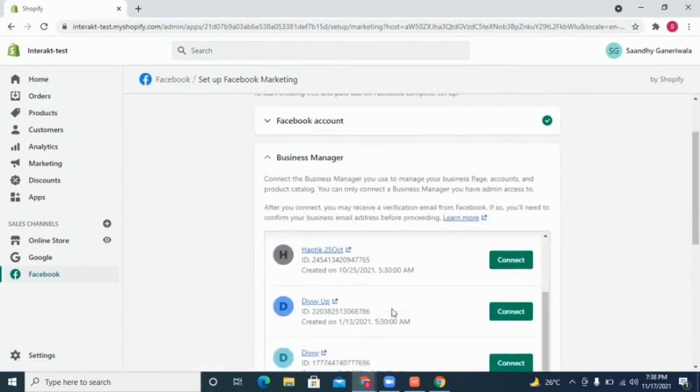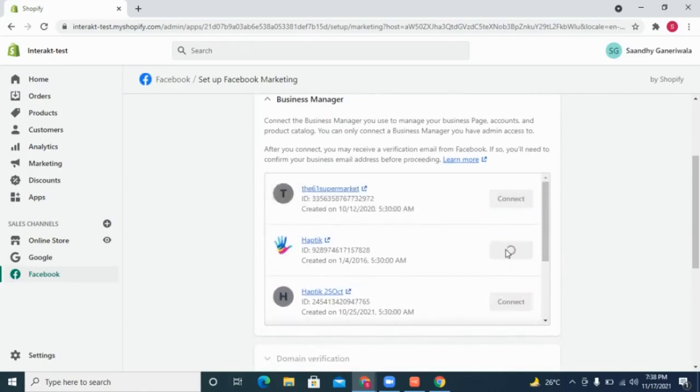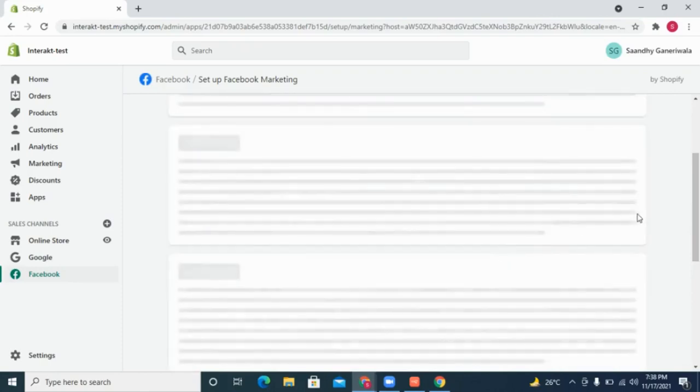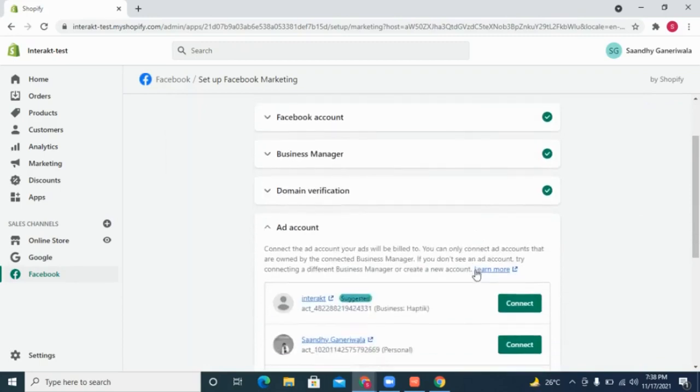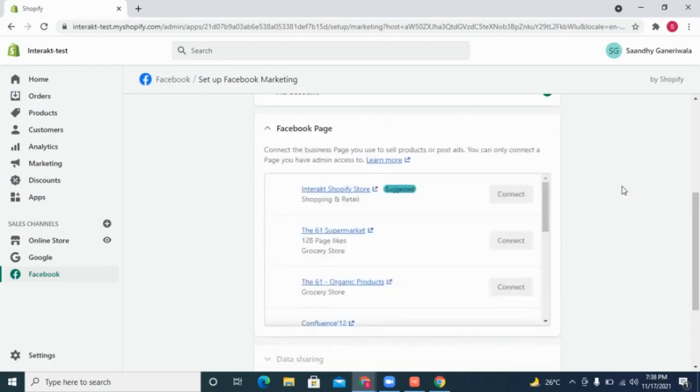Please make sure that the personal FB account which you added in the first step is an admin in the Business Manager that you added in the second step. Next, you need to connect an ad account to Shopify. Make sure that the personal Facebook account you added in the first step is an admin in this ad account as well. Also ensure that this ad account is part of the Business Manager you connected in the second step.